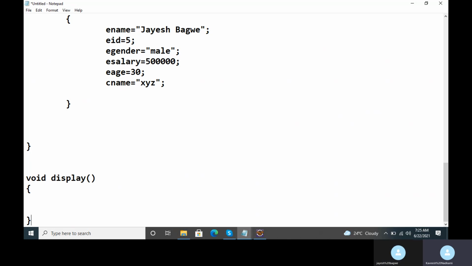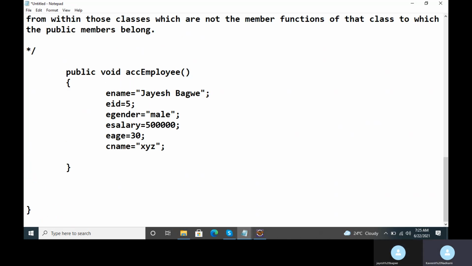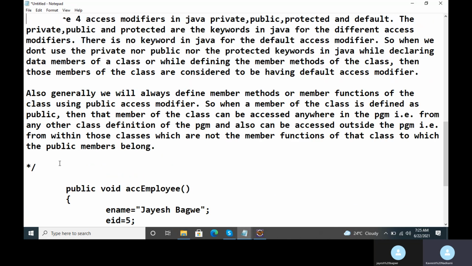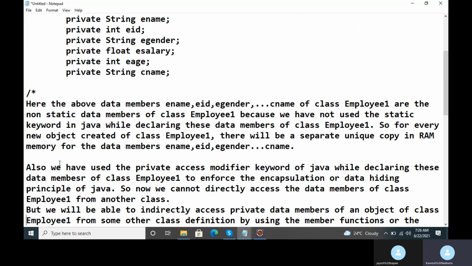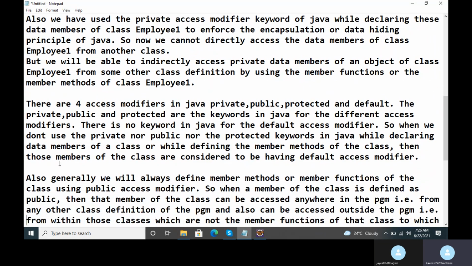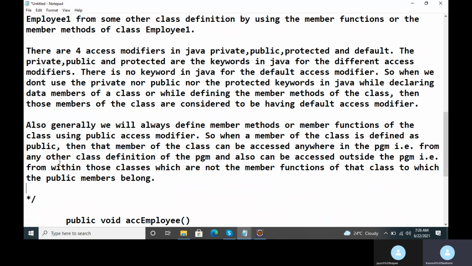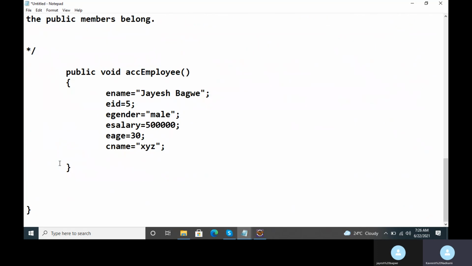Every function or method you define in Java must compulsorily be the member function or the member method of some class definition in that Java program. It must be written inside the curly brackets of some class definition.